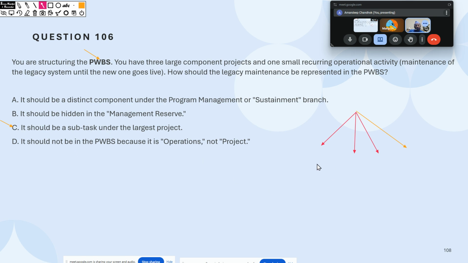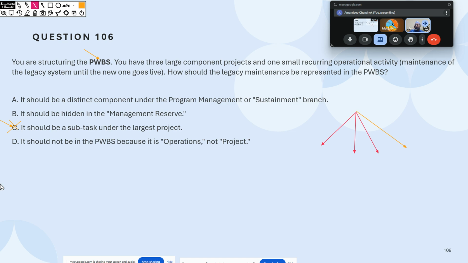Why? Hold on. Okay, so let's say all the three are equal. Then what? So you're getting the confusion that this option gives, right? Normally, what we would do in day-to-day life, especially in India, is you might just club a small component into a bigger project, because obviously for some valid reasons.